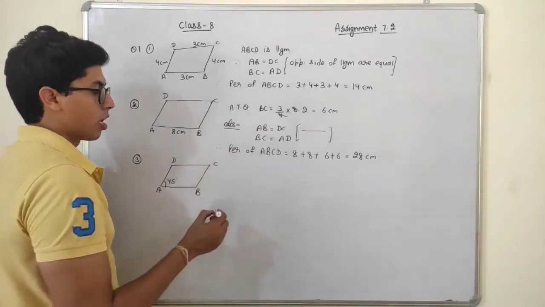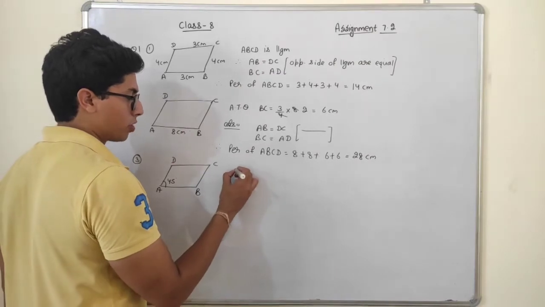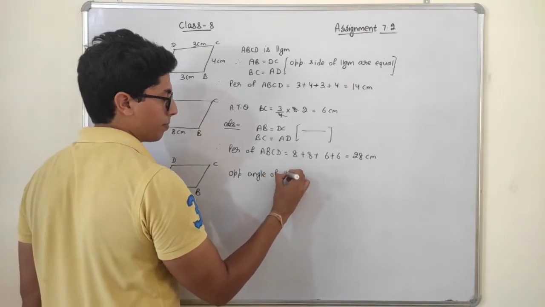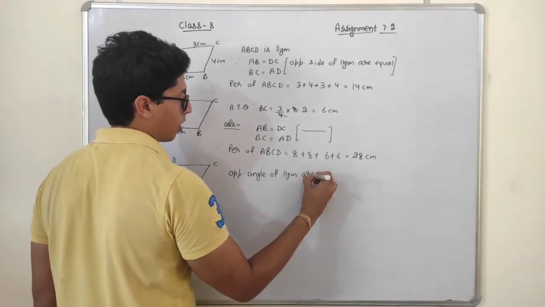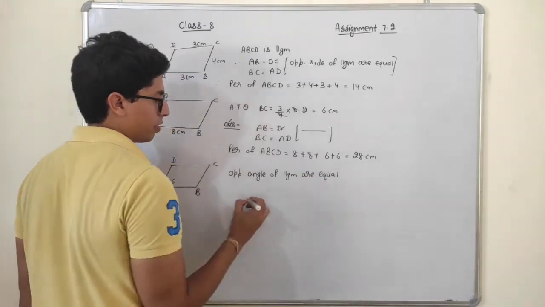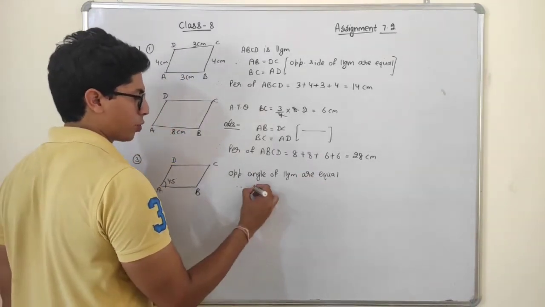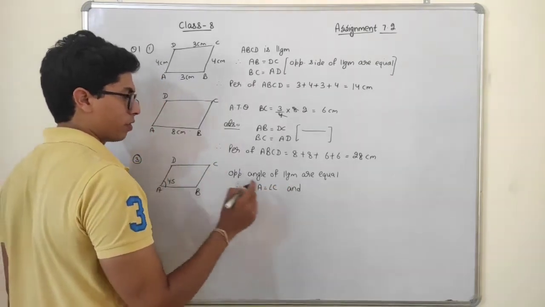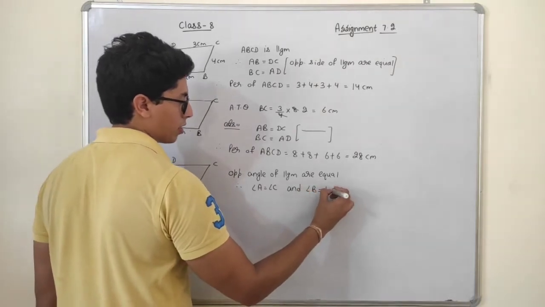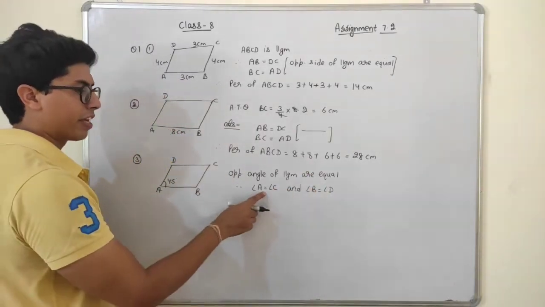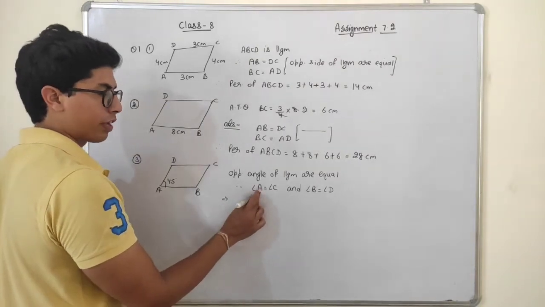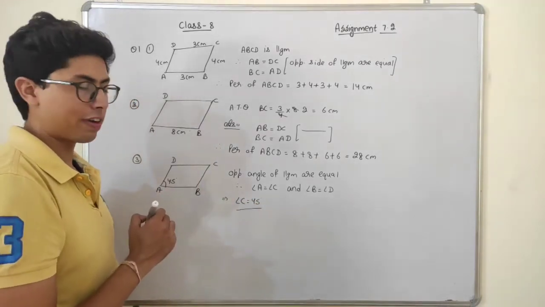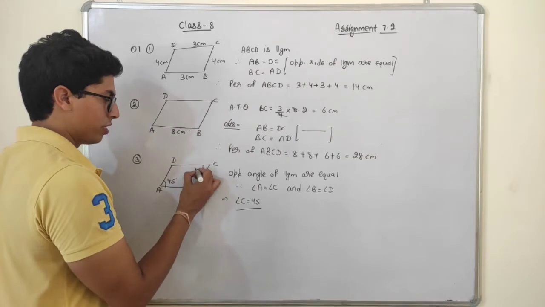See, students, remember the property that opposite angles of a parallelogram are equal. Okay. Therefore, students, I can say that angle A is equal to angle C and angle B is equal to angle D. Okay. Now, students, angle A is 45 degree there. This implies if this is 45 degree, therefore angle C is also 45 degree. Okay. Now this is 45 degree, students.